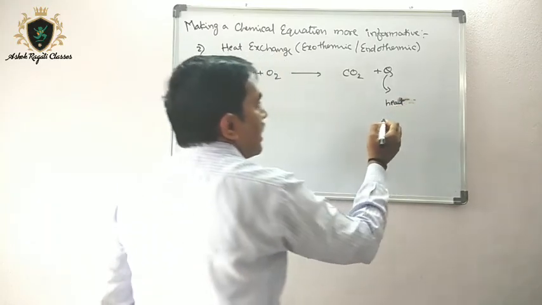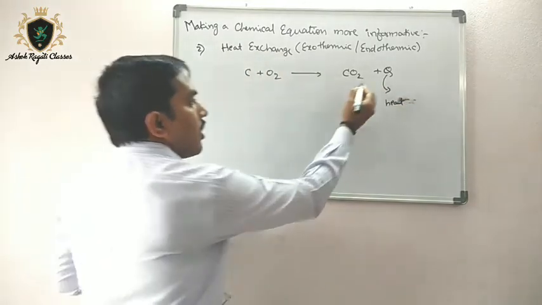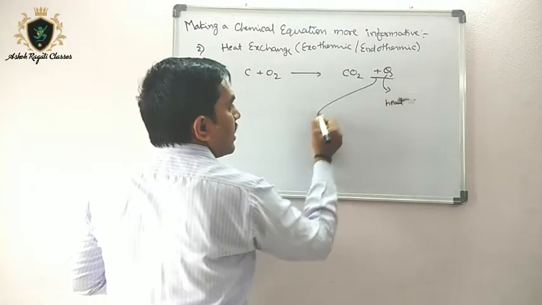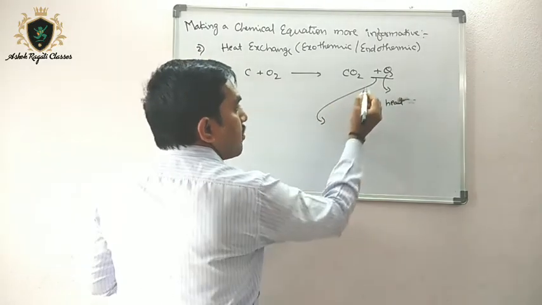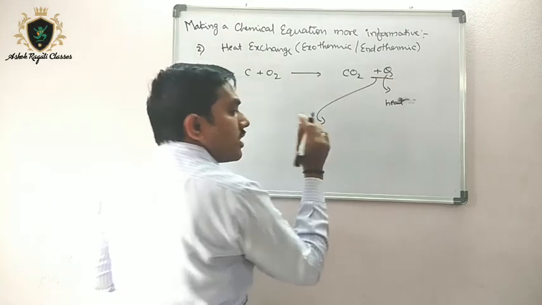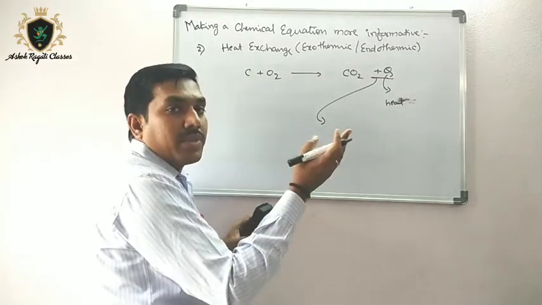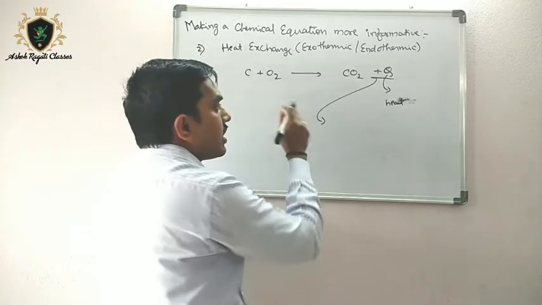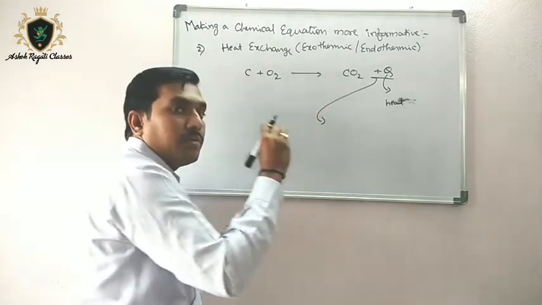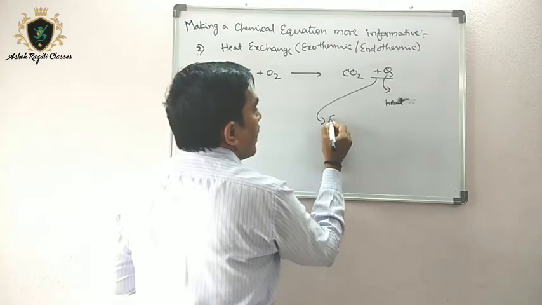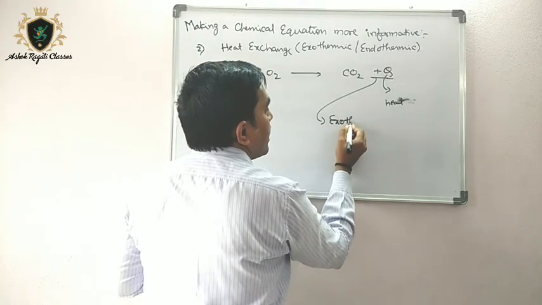This Q represents the heat. A positive Q in this equation means that heat is released, or evolved, from the reaction. So in this reaction, heat will be liberated, and that is called exothermic. It is an exothermic